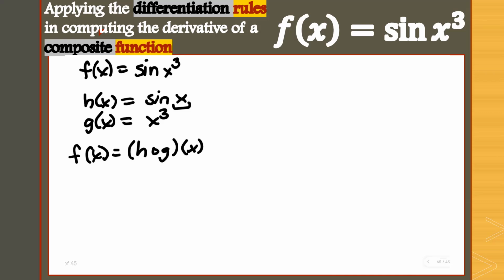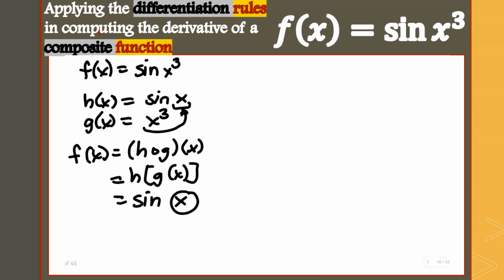As we substitute g of x for this x here, that's why you have your h of g of x. Instead of sine x, this was changed to our g of x, hence you will have here x cubed. And with this now, following the criteria for composite function, let us use the chain rule in deriving